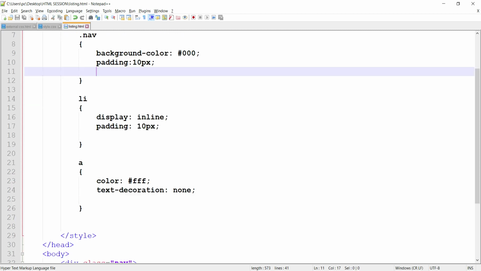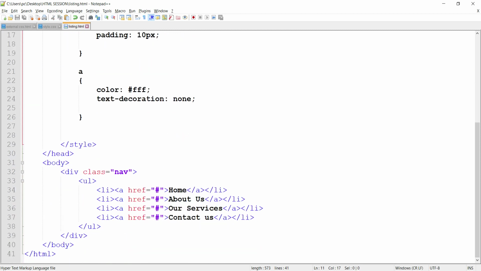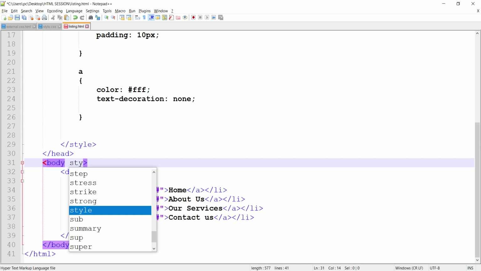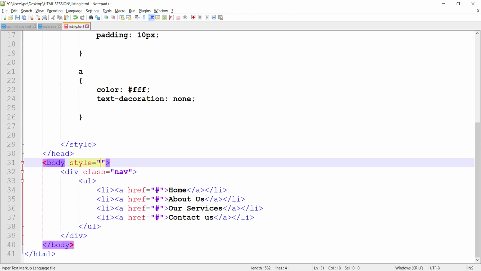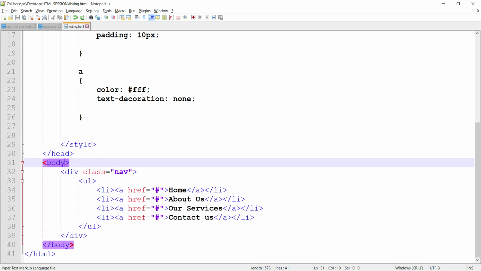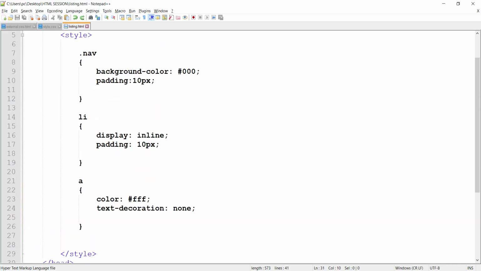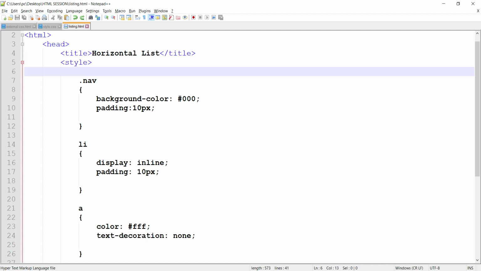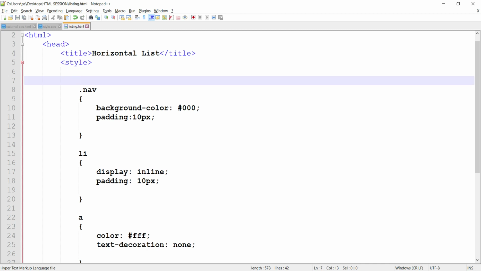I think margin is not working here. So if I give it to body, there is a property in CSS. If you want to apply any CSS property throughout the whole page, there is a selector called star.